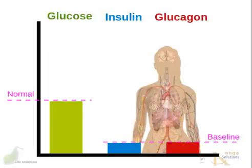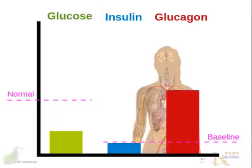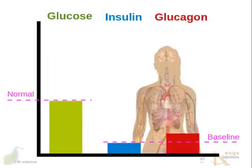As the food is digested, the glucose levels in the blood may rise. Insulin is then released into the blood, raising its levels. This causes the glucose to be taken up and stored and brings the concentration of blood glucose levels back to normal. And then the insulin level drops back to its normal base level as well. Later, when the food is all gone and the levels of glucose may drop in the blood, glucagon is released and glycogen is mobilized into glucose, released from the liver, thus raising the glucose levels back up to normal,